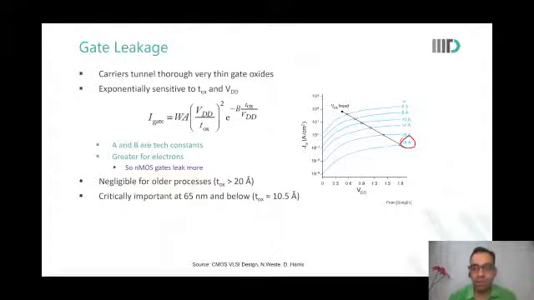As we came to finer, advanced geometries, leakage started to become important. And as it is also said, in 65 nanometers and lower technologies, where the silicon dioxide gate is used, the TOX is actually less than 1 nanometer. And gate leakage, you will notice, increases very significantly. It becomes a very significant part of overall leakage, especially at room temperature.